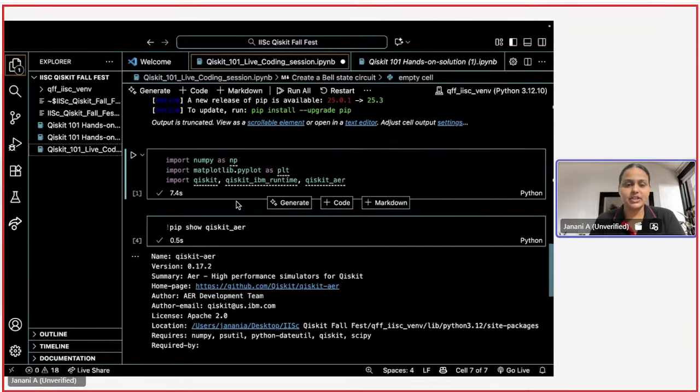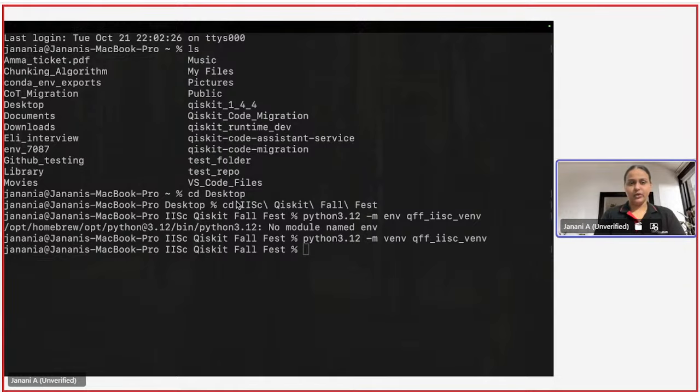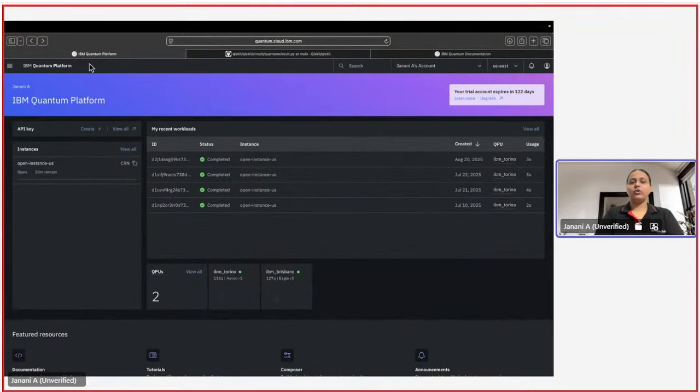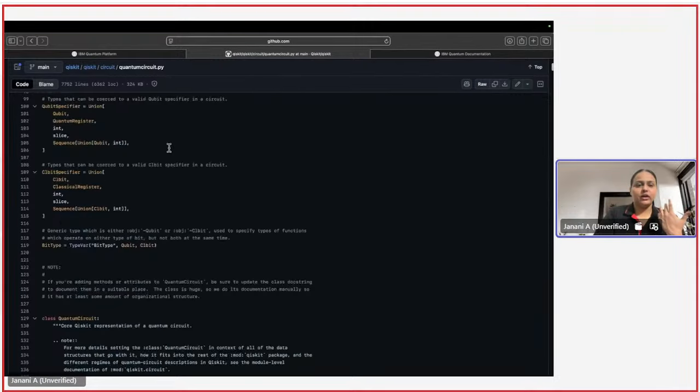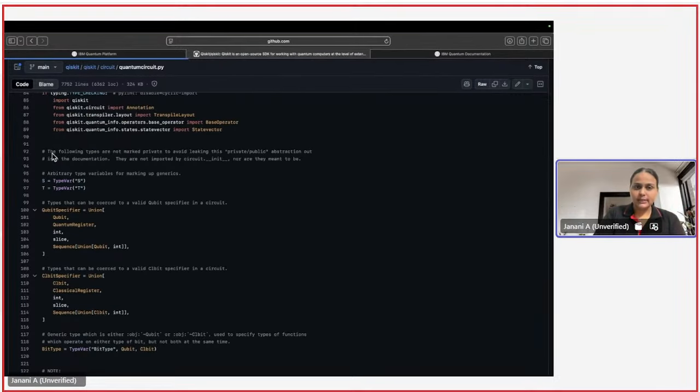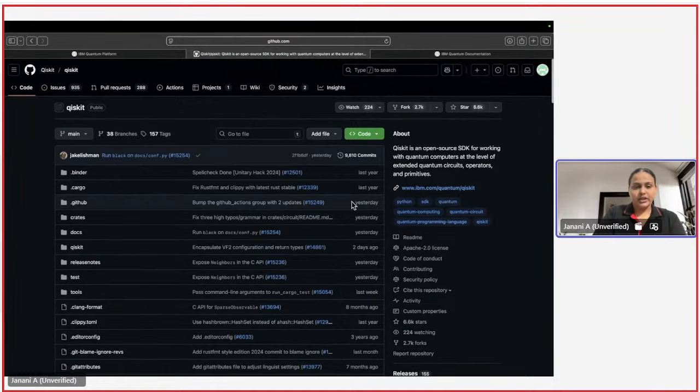Another essential skill I would really recommend you guys to have is to be able to look up the code and basically learn. This is the Qiskit GitHub. So here exists all the code, and when you say pip install qiskit, you're installing this whole repository, right? So it's a really good skill to have, to be able to look up from the Qiskit repository